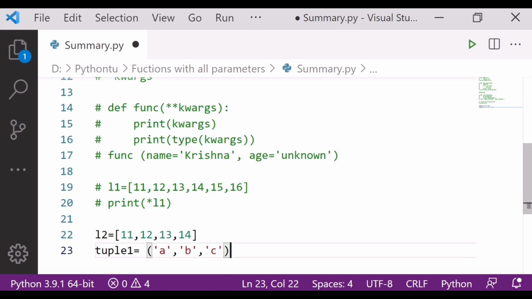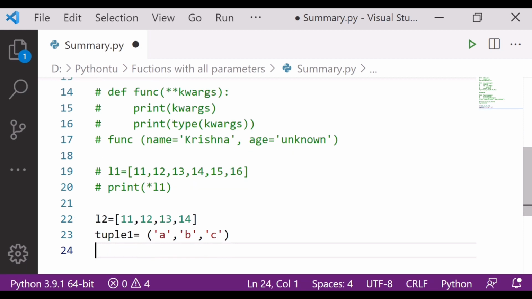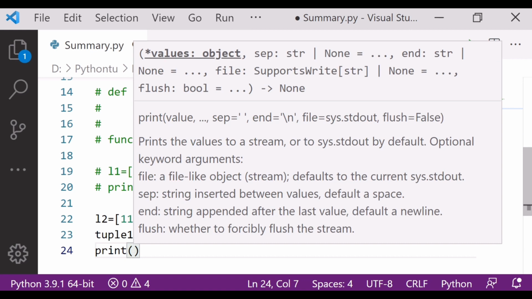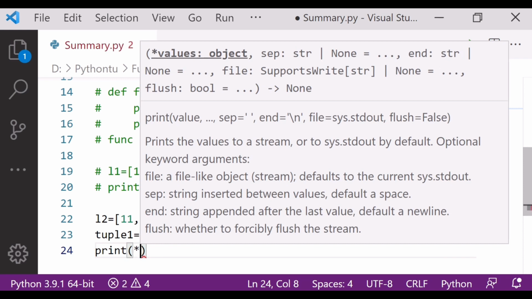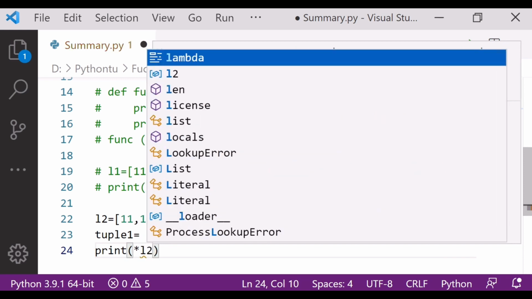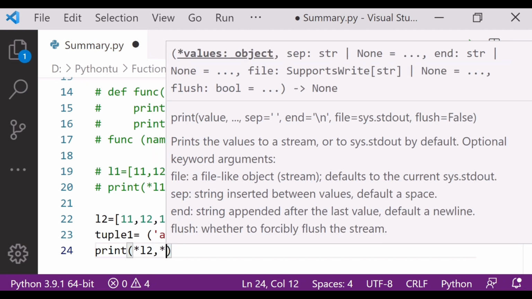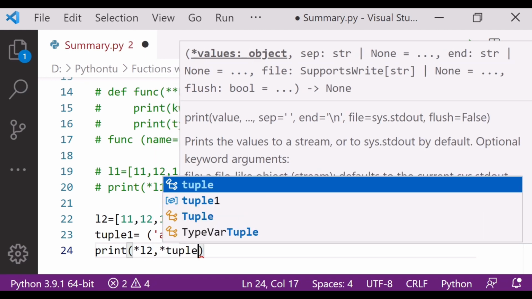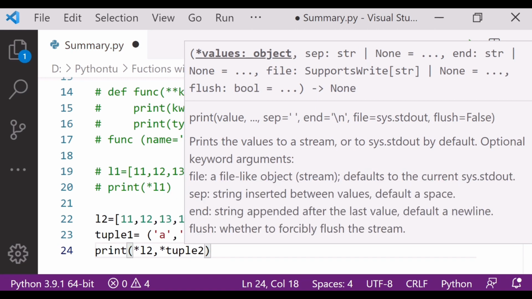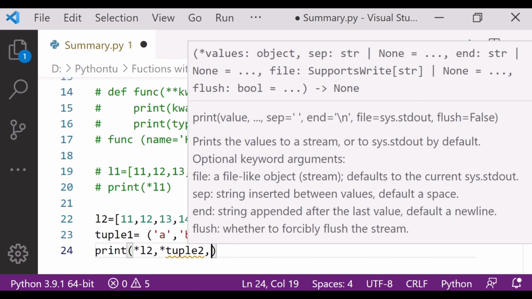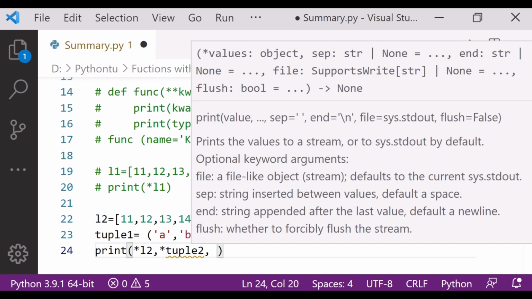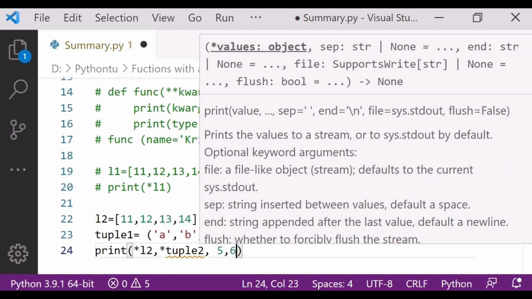Now I just want to print it. I will write print, and I will print the list L2, and after that star tuple, I have written here tuple2, and after that 5 comma 6.